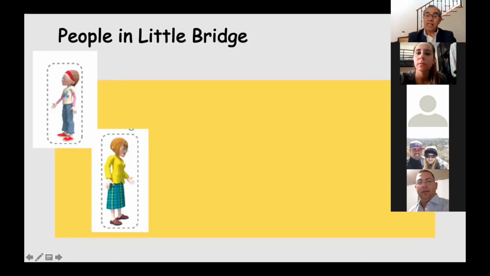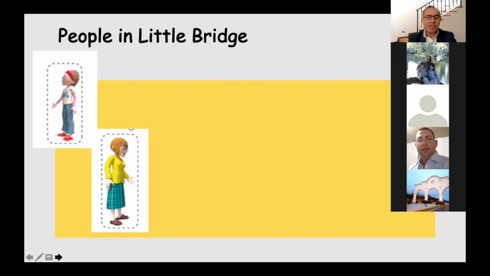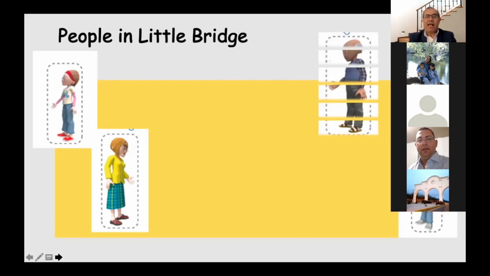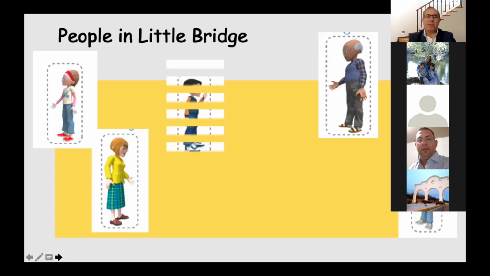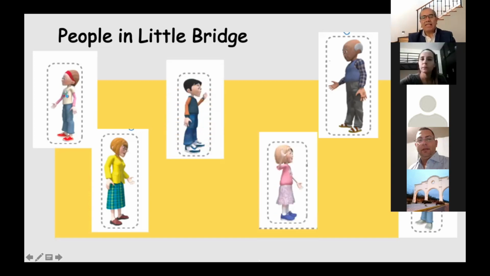Mackenzie. So these people are going to start appearing on the platform, and you, of course, and later your children need to be familiarized with the way they dress, the hair color, etc., the likes and dislikes. Why? Because they live in that community that I explained to you, that is Little Bridge. So Mrs. Mackenzie, then we have Mr. Miller, because it's an English platform. You will listen, Mr. Miller, but in the exercises you can change, as I will show you, to American English. No problem at all. That's Matthew, and this is Lizzie.